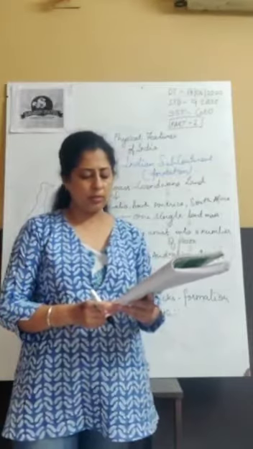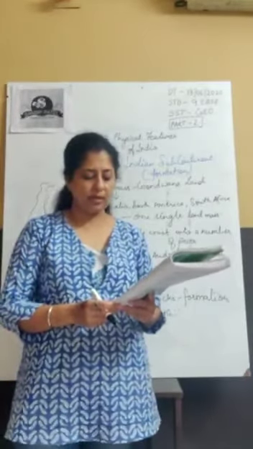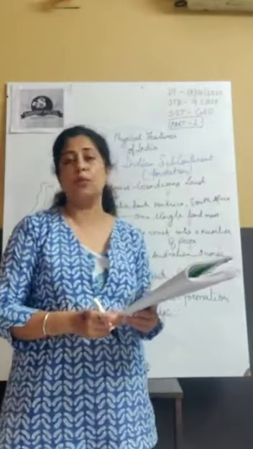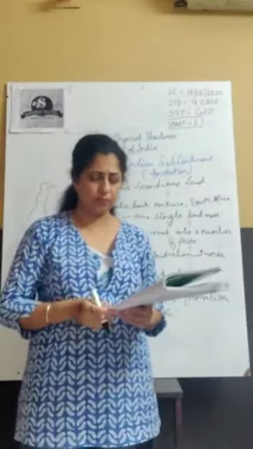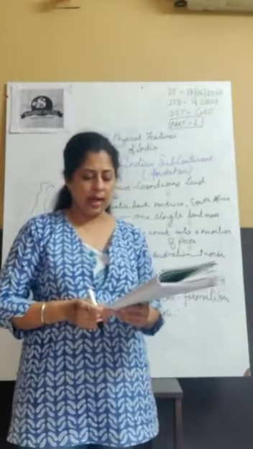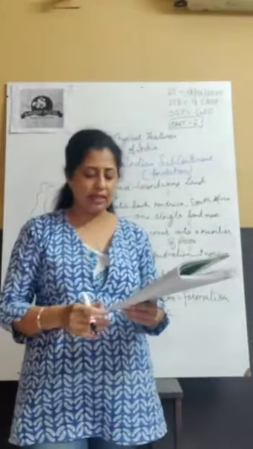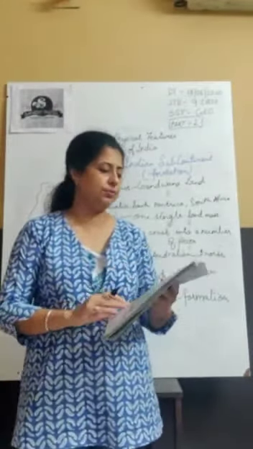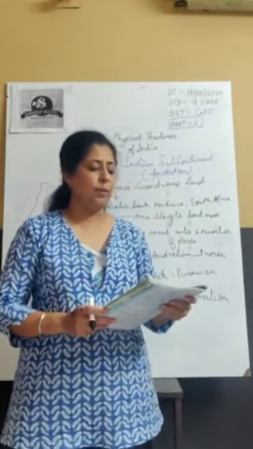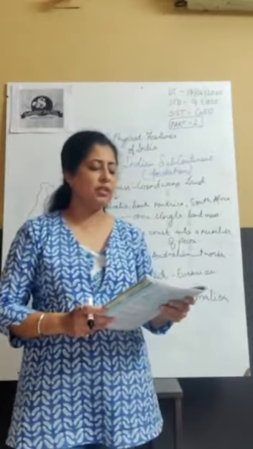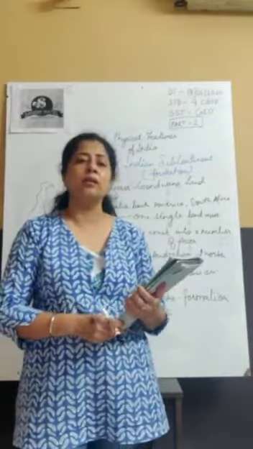The whole mountain system of the Himalayas represents a very youthful topography with high peaks, deep valleys and fast flowing rivers. So the Himalaya is considered a young fold mountain, and as a quality of young fold mountains, they have very high peaks, deep valleys and fast flowing rivers. The northern plains are formed of alluvial deposits. The Peninsular Plateau is composed of igneous and metamorphic rocks, with gently rising hills and wide valleys.